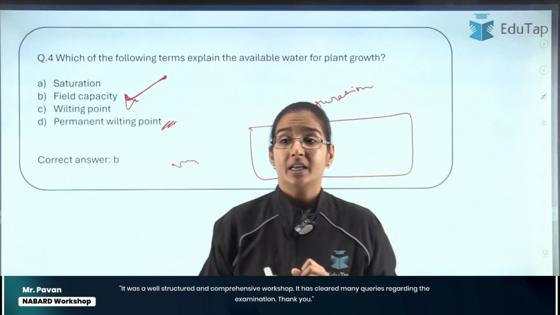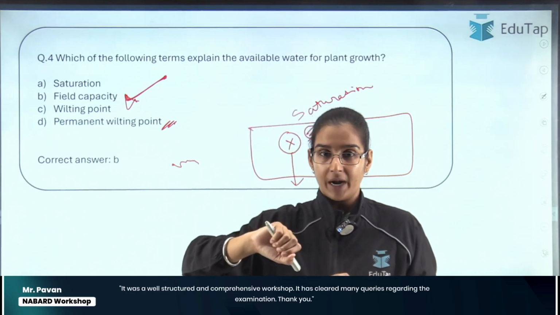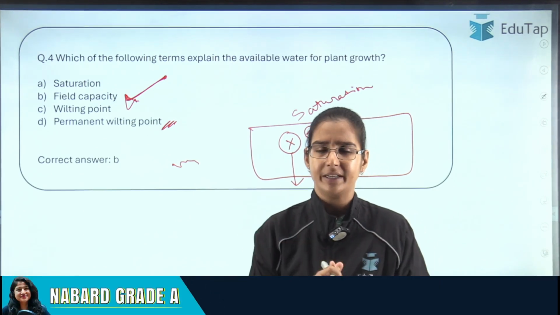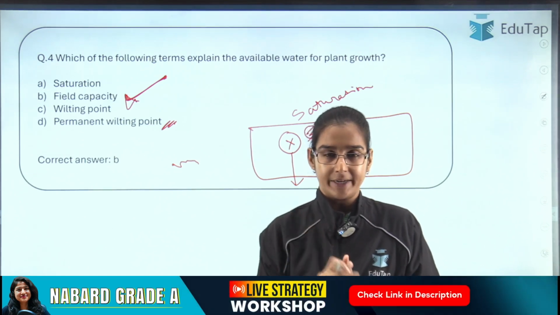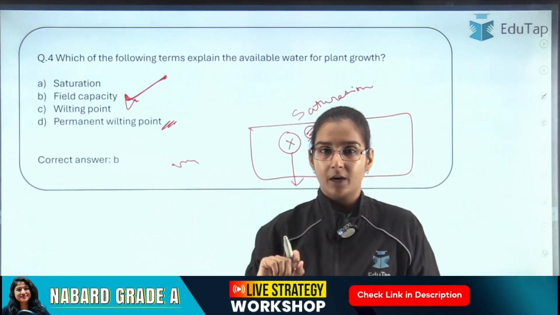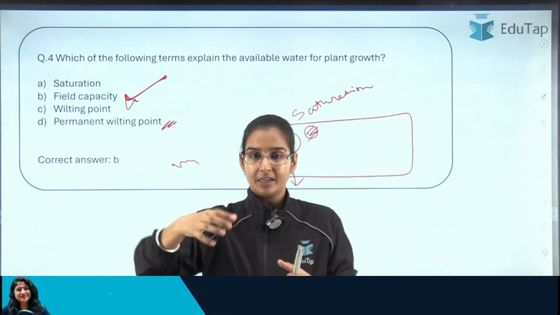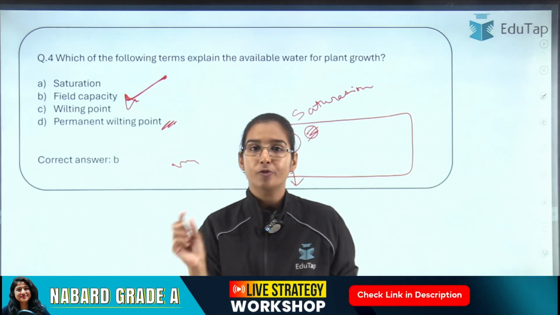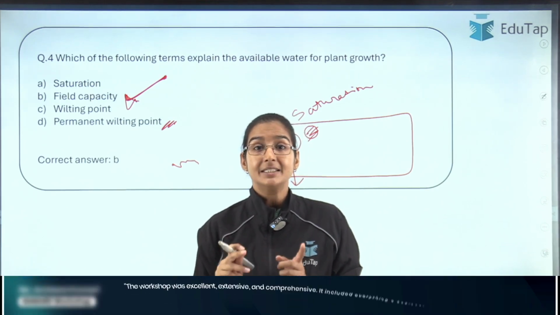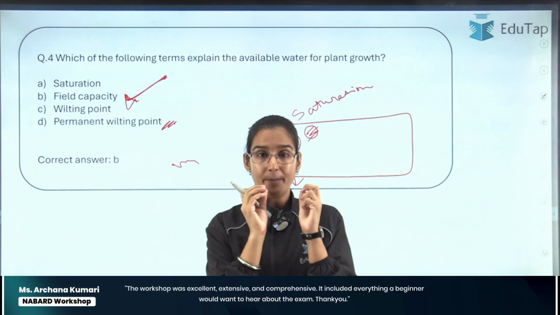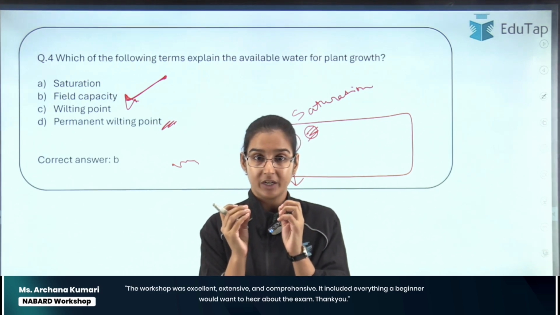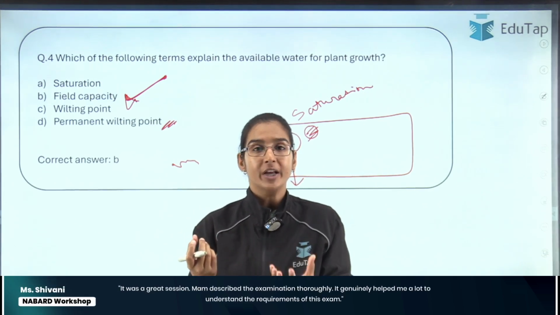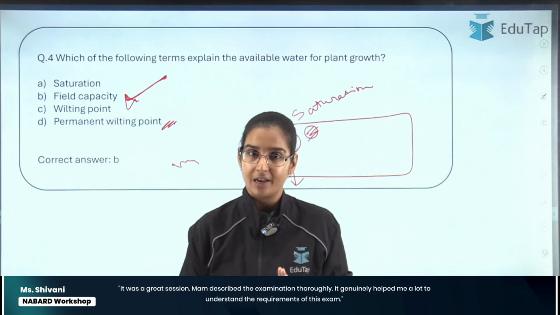An example of this is in our houses, whenever we water a plant, right? Suppose you have a pot and you have planted a plant in that, say a jade plant, and then you are watering that plant. At first, if you pick up this pot, you will see that a lot of water is coming down from the drainage hole. Now that is the saturation point, because here both the macropores and micropores are filled with water, and the excess water from the macropores is getting down because of the gravitational force. Now that is the saturation level, right?